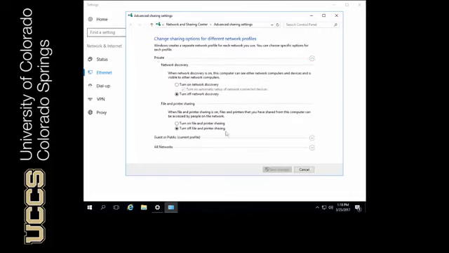If we drop, before we cancel out, if we drop down, we can look at private and we could look at public or guest networks. Now, private would be in the case of if we're on the domain, for example. Okay, so let's cancel